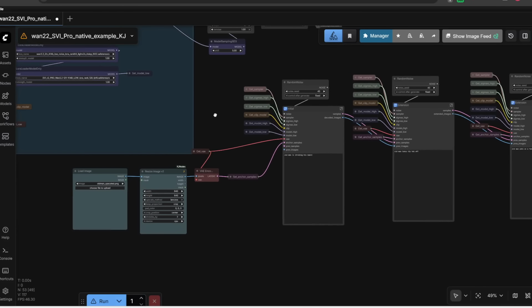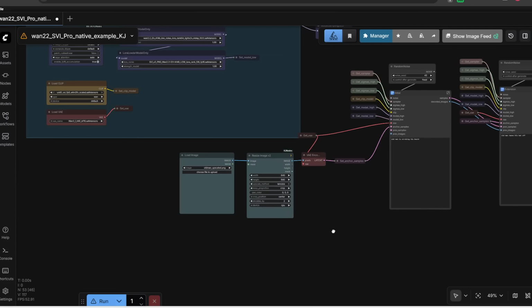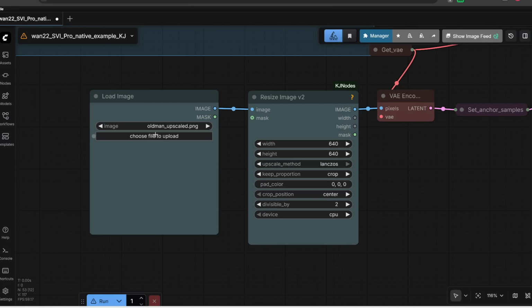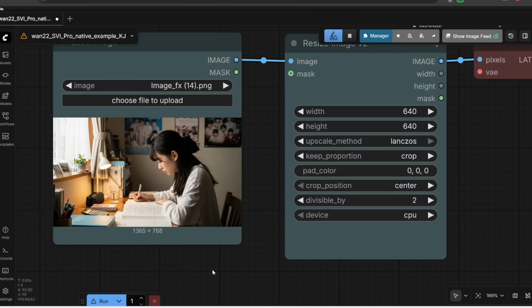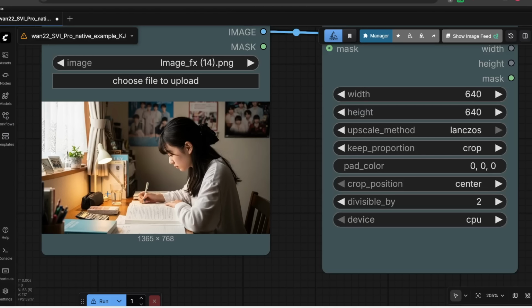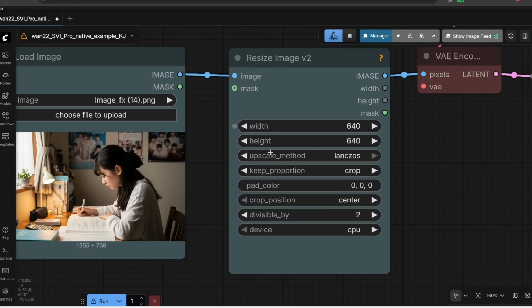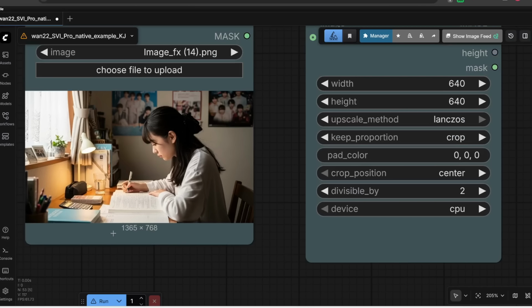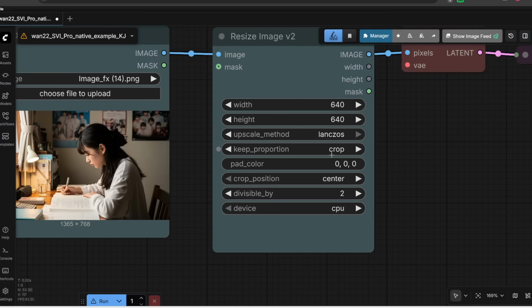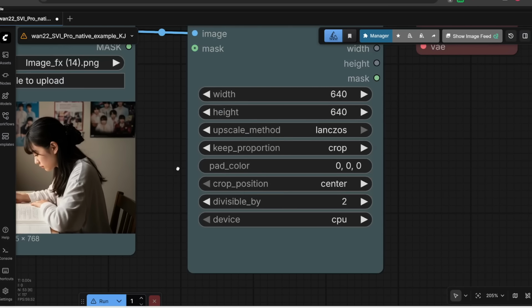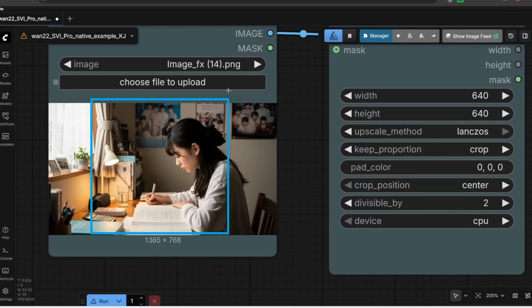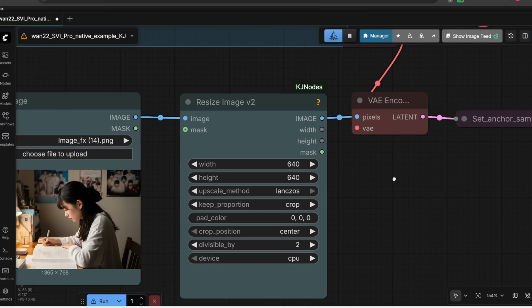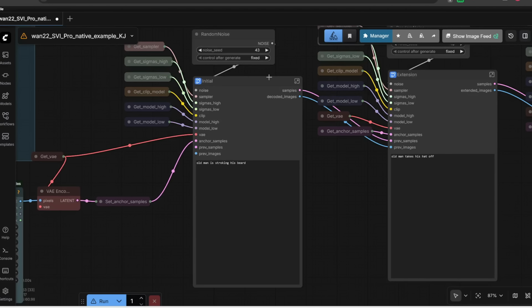Alright, afterwards, let's go over how to run this workflow. So here is where you would upload an initial image to use as the first frame. For example, I'm going to upload this image of a girl studying. Next, it goes through this node where we set the width and height of your final video. So note that even if my original image is this size, if I leave it at 640 by 640 and I set this to crop, then it's basically going to crop this into a square, as you'll see in a second. And then afterwards, it gets plugged through this first component to generate the first video, which is roughly 4